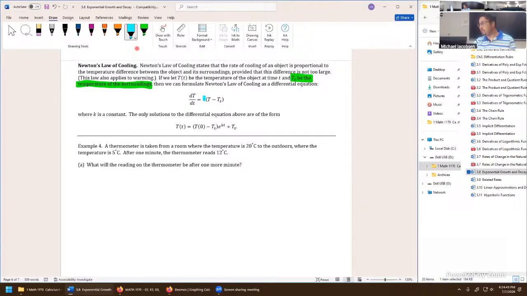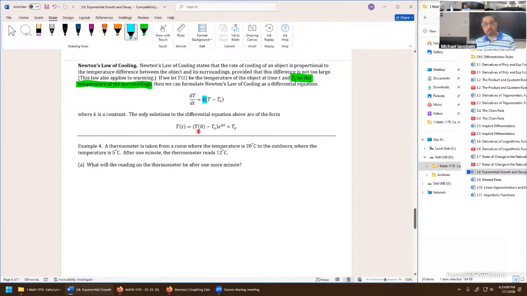k is going to be the decay rate of the model. And this is our differential equation. Now, because it's not a differential equations course, Calculus 2 and a proper differential equations course can show how to solve this, but it's beyond our scope. We'll just take for granted that the only solutions to this differential equation take on this form here.